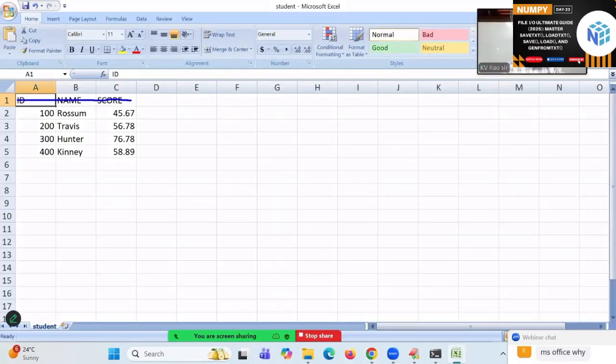Header names, I don't want them. An ND array doesn't require headers. That is only for processing purposes; for organizing purposes, I don't want this type of header names.